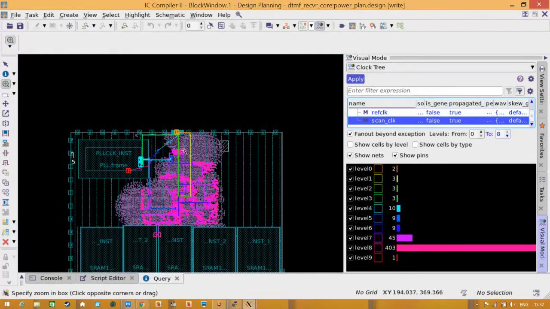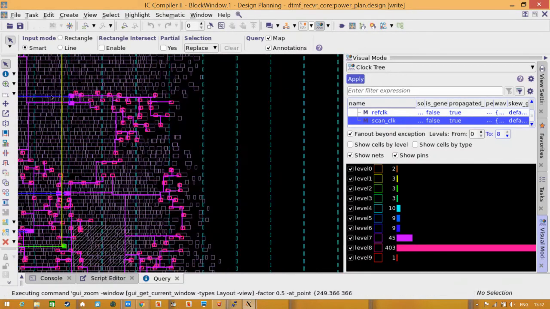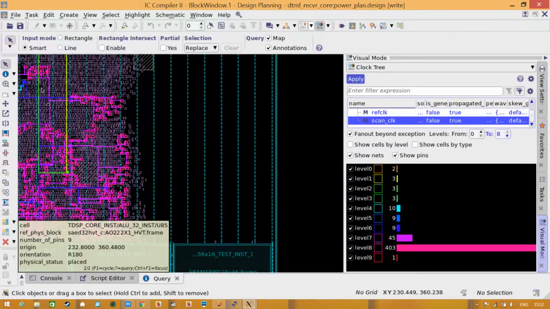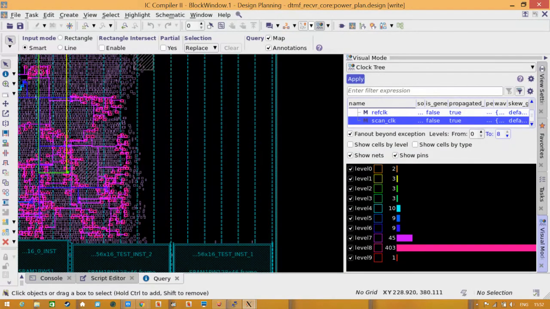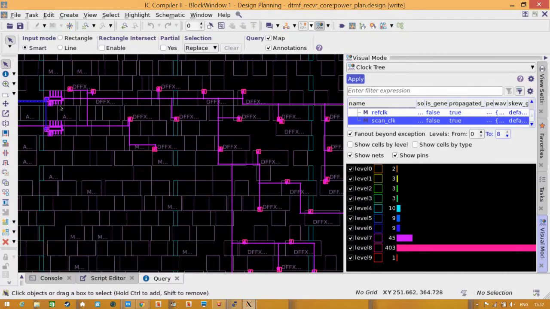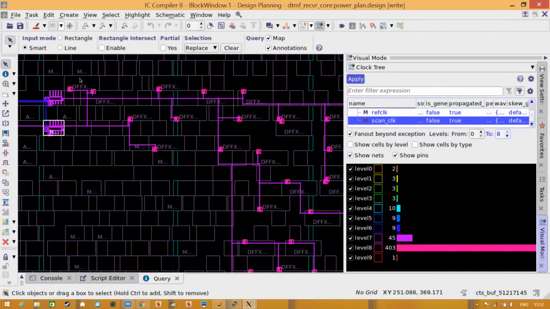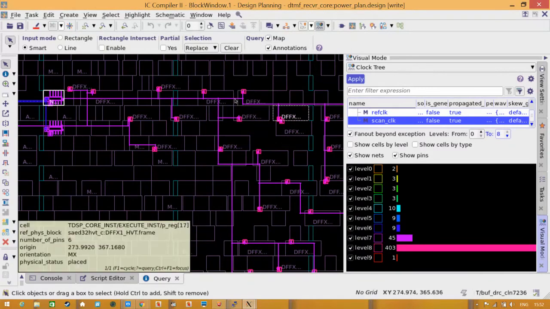Okay, so whatever you see in the purple color, right, this purple color is your main branch, blue or purple. From there it is going to all your leaf components. So from here this is your particular end buff, that is a clock tree buff. From here it is distributing to the leaf cells. So here it is distributed to the 4 cells, and from this leaf buff it is distributed to 1, 2, 3, 4, 5, 6, and so on. So this is how actually your clock tree has been built. So this is your buffer tree architecture.